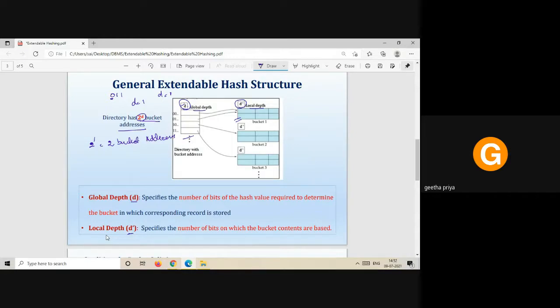If that particular bucket is overflowing, based on the values of D and D dash, the necessary actions of bucket splitting will take place. So you will understand this local depth and global depth clearly when we solve the problem. Now this is just the definition, go with it.